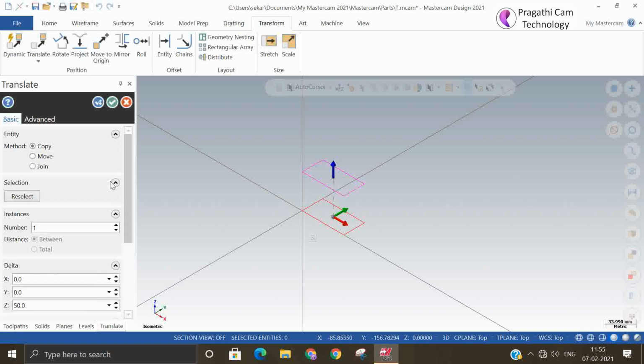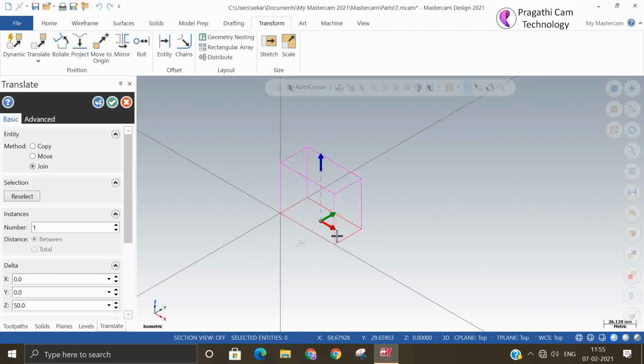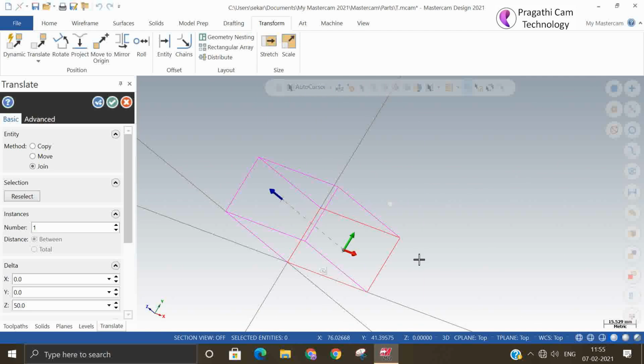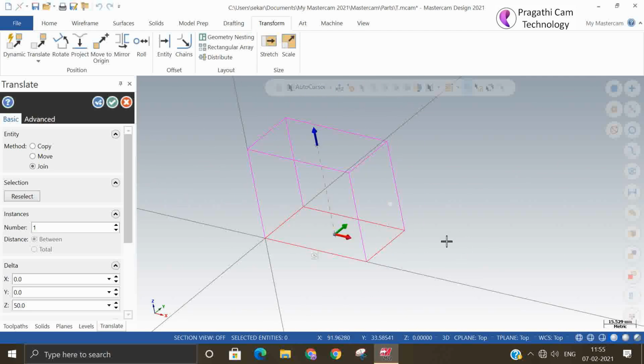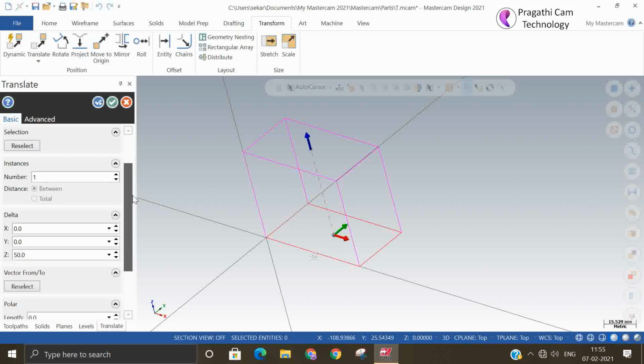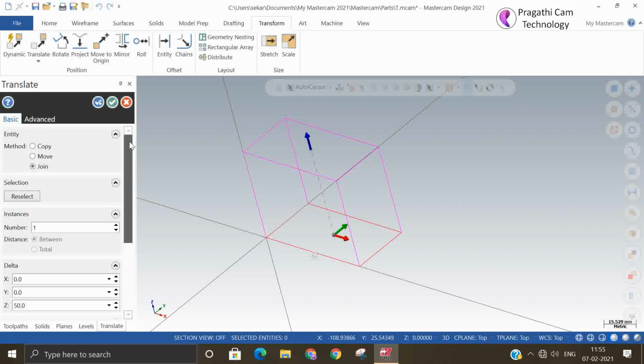If I switch on the join, then you can see it will automatically make one wireframe model. So this join option is used while you are making a wireframe model. Okay. So this is about the copy, move, join options of the translate.